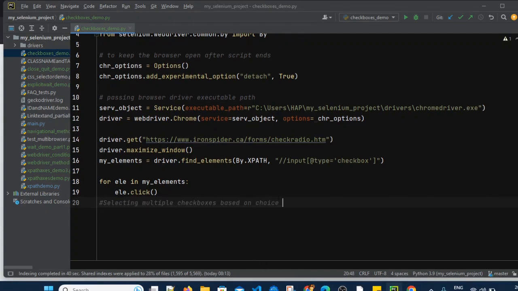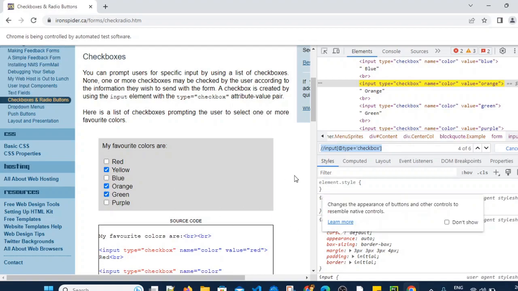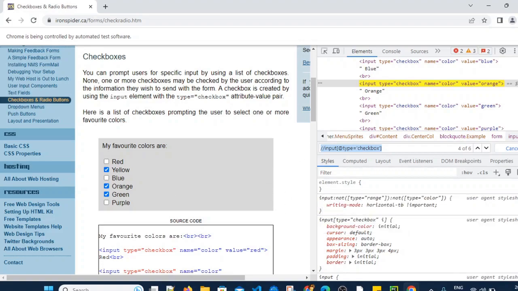For example, let's say in this list I want to select only yellow, orange and green. Only these 3 checkboxes I want to select. Now how to do that? Let's see how to do that.